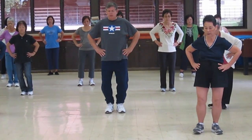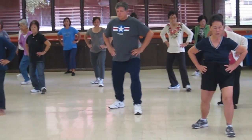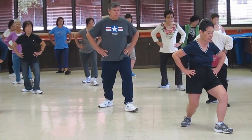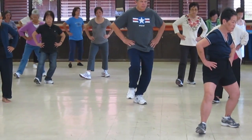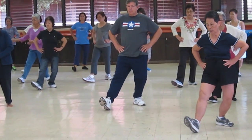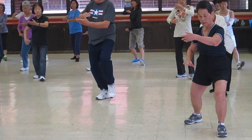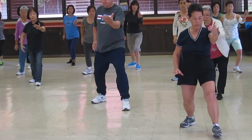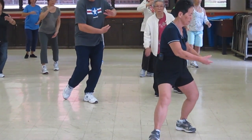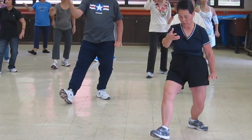Out, 45. Heel, open the knee, rotate, stretch out and shift. Sit back, 45 align, heel 90 degrees, expand, rotate, shift. Now we're going to hold our ball. Sit back, out, hold your ball, left hand on the bottom, heel, shift your hands, part the horse's mane. Go slowly, sit back, out, 45, hold your ball, heel, shift your hands, part the horse's mane,